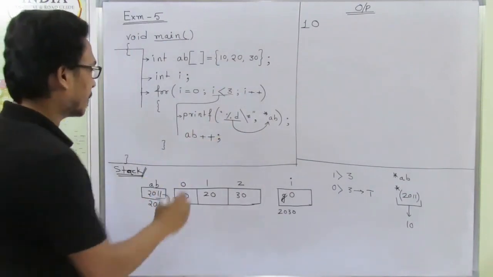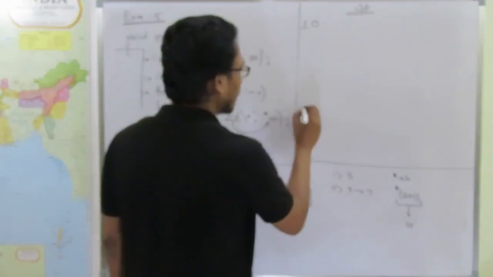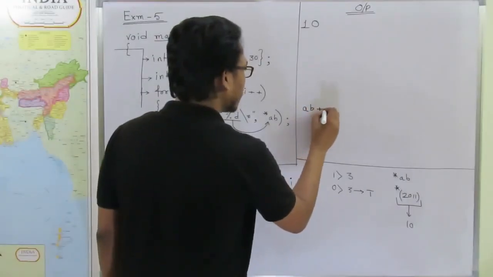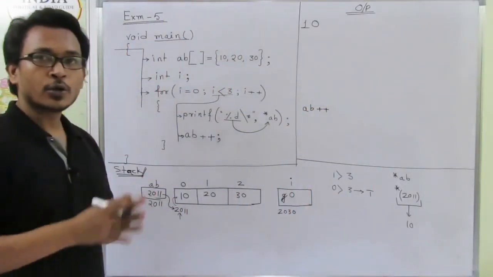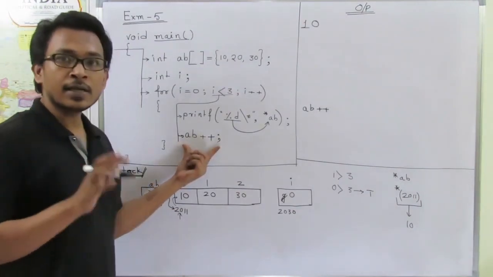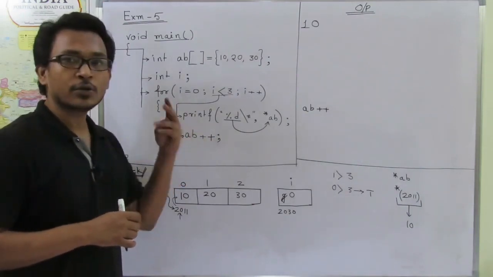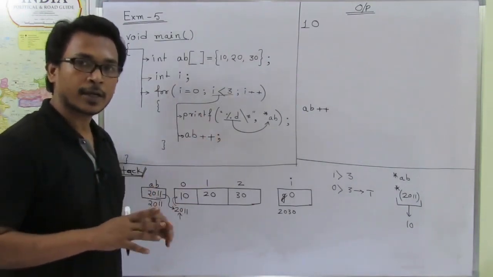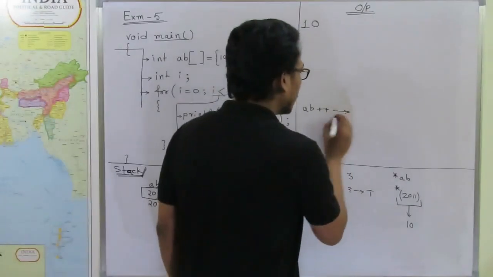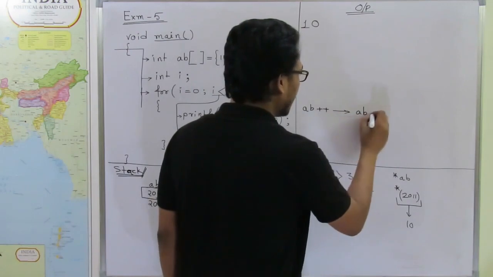Now the next statement. The next statement is given as AB++. That means here we get AB++. This is a post increment operation, but this post increment operation is an independent expression. That means control simply executes this post increment operation. Clear? Now how will the system evaluate this expression? It results as AB equal to